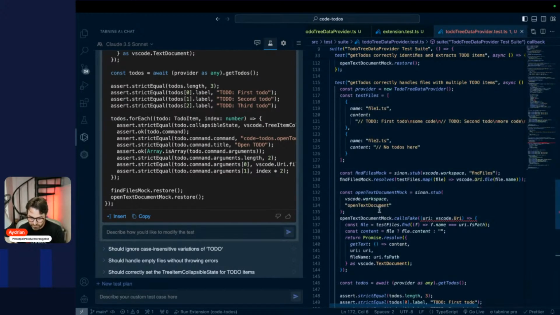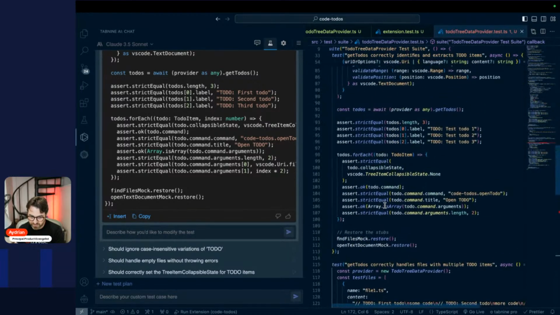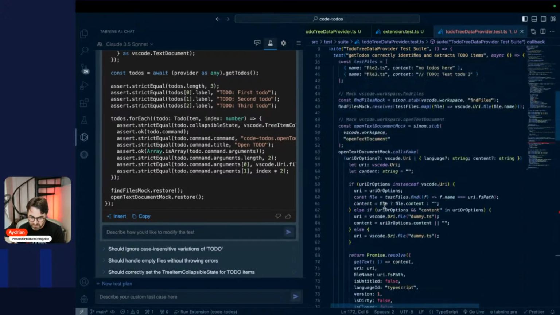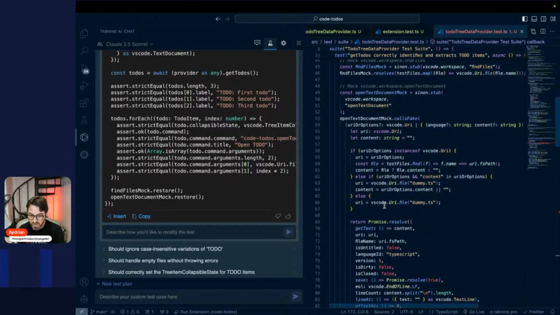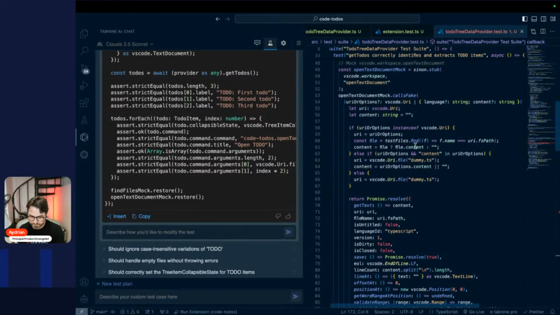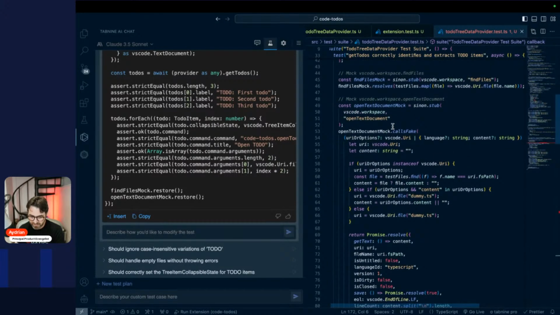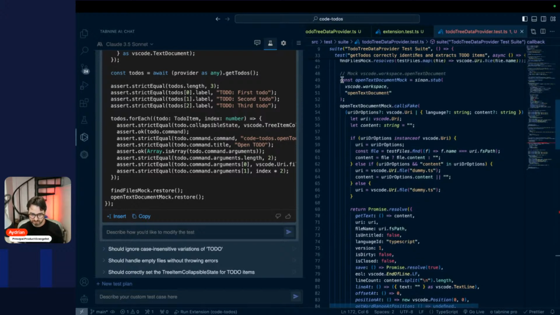So it's the same thing with this open mocks piece. So I want to see, instead of fixing it right here, I'm noticing that it's basically going to be a copy paste. So I want to say,